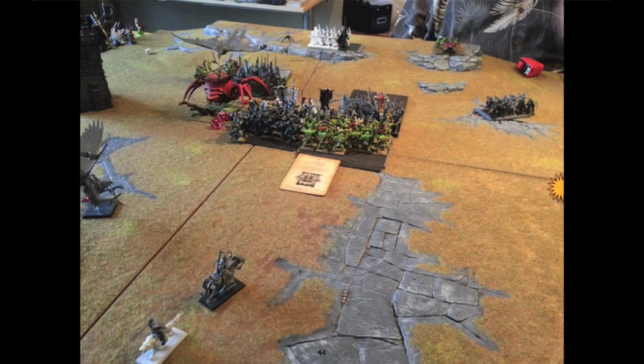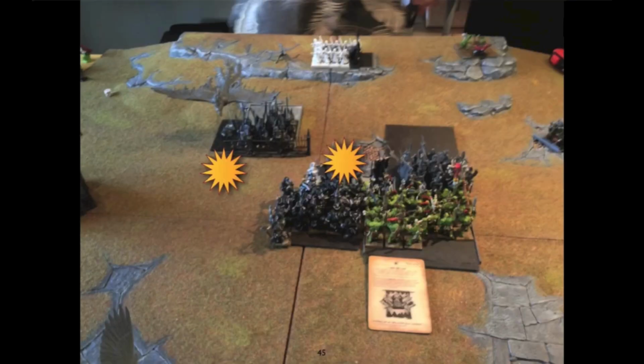So that was kind of funny. In close combat, he finally kills the spider. I only had 1 wound left. It was bound to happen. I end up killing all the White Lions except for the BSB. He made his save. So the only thing that is keeping those Black Orcs in combat is the BSB who's